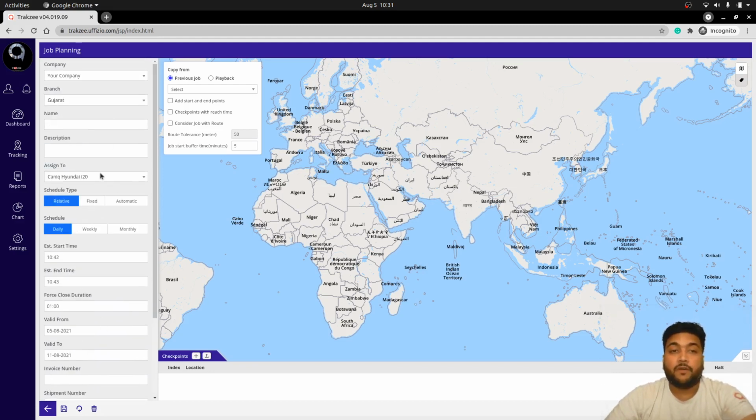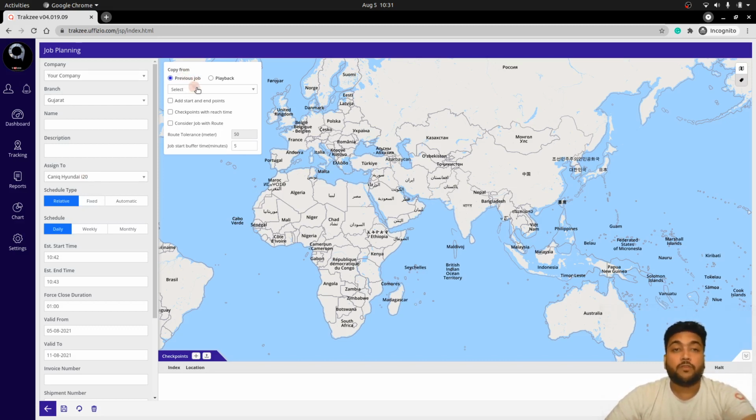Now, apart from this configuration, based on the selection of the particular object, you can perform the job, that is, configuring the job. We also have the option to copy the job from a previous job.